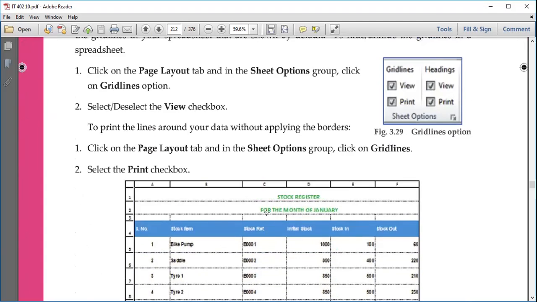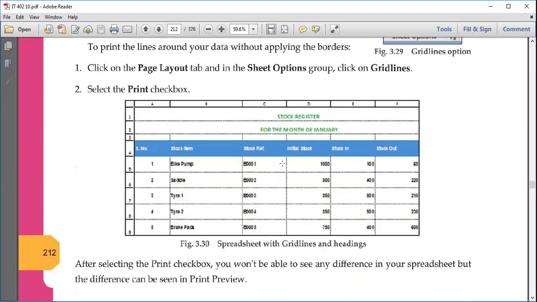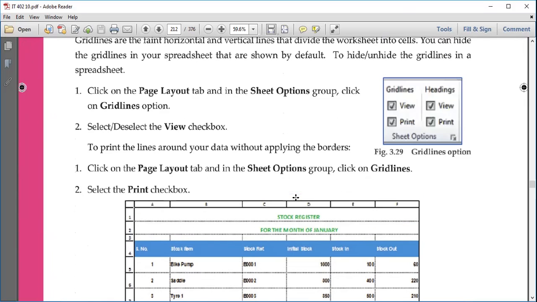Then we can also show the grid lines. Grid lines होती हैं ये जो background में lines दिख रही हैं आपको, अगर आपके line को hide करना है या दिखाना है, so that we can change here. उसके लिए ये grid lines, there's an option in the Sheet Options group. So if you click on this View, these lines will be visible. If you remove this tick, then these lines that we see on the sheet will not be visible, right?